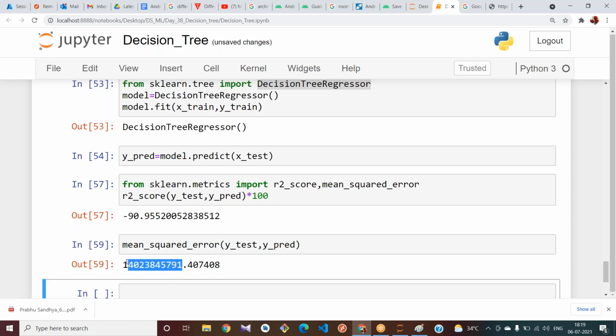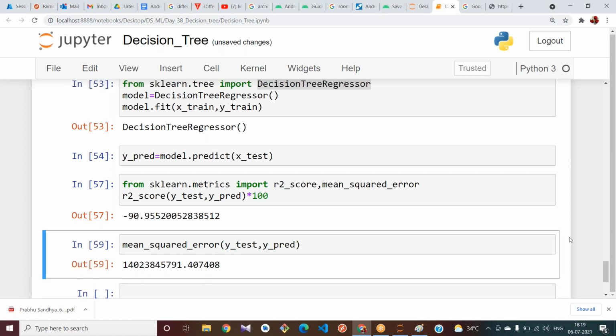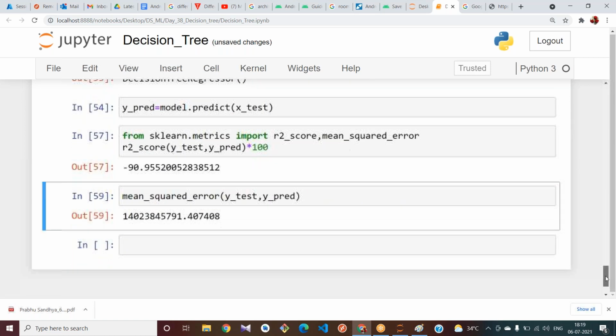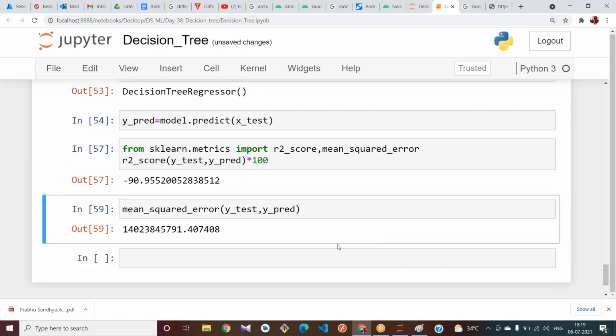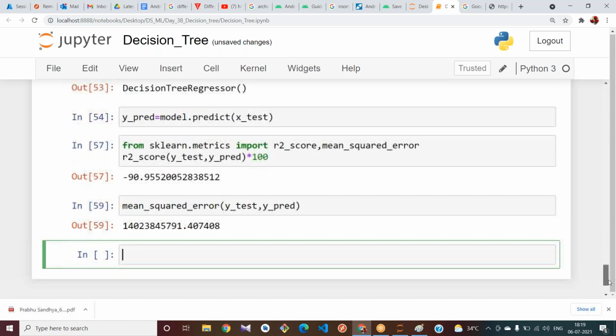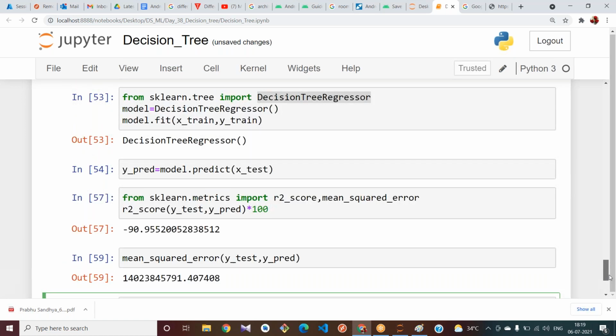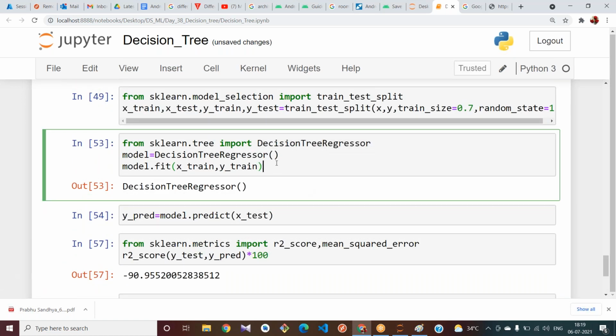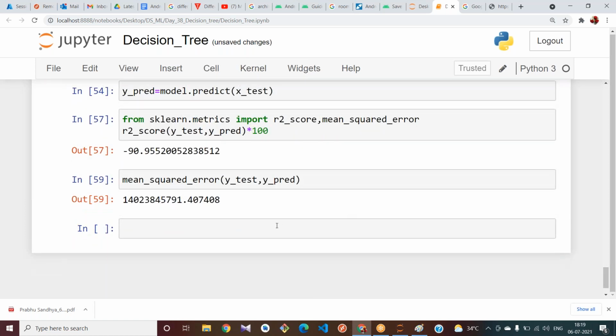The error value is more here. See, the error value is very high. It is not performing well even with the decision tree regressor here.